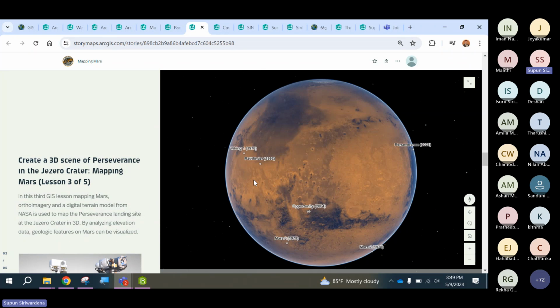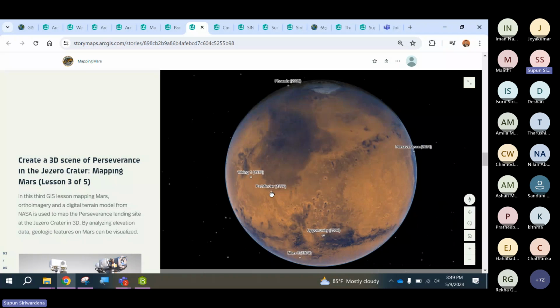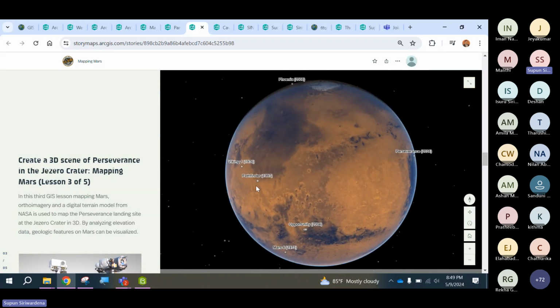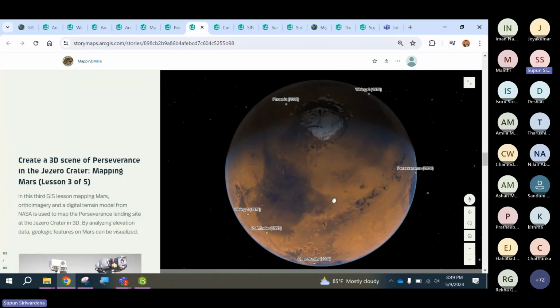The story of the Everest, we have seen a mountain range. It is again a 3D scene, but it's a local 3D scene. This is a 3D globe. So you can navigate here and there. In Mars, we don't have many locations to show you, but here you can see